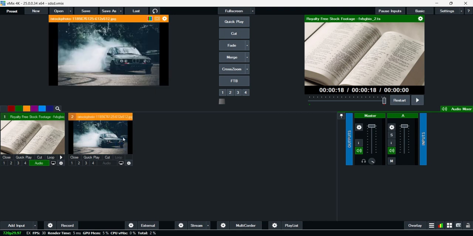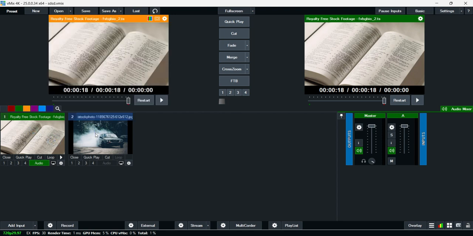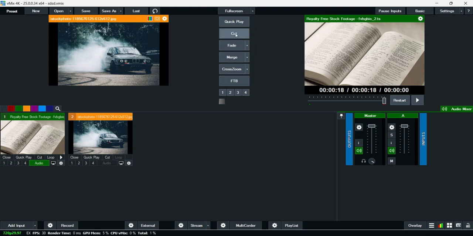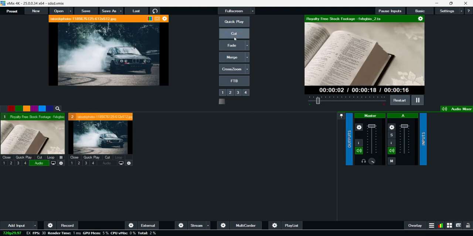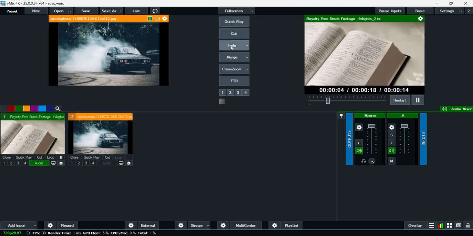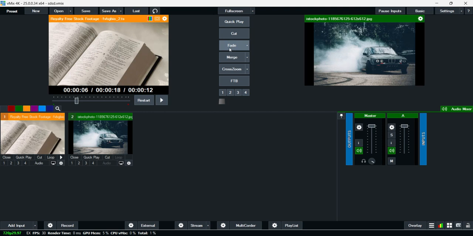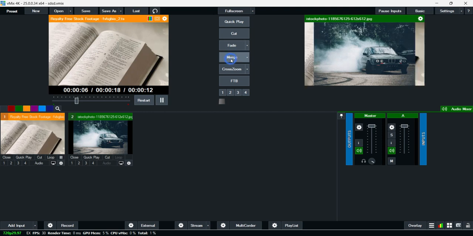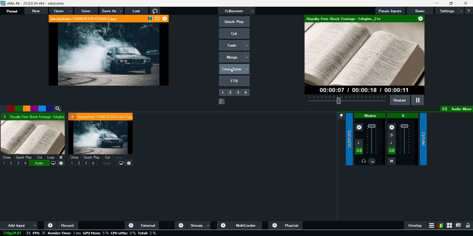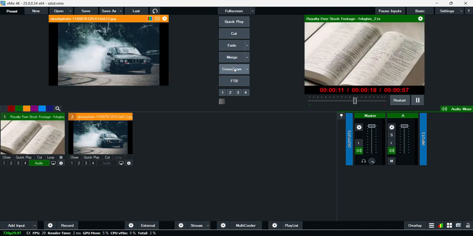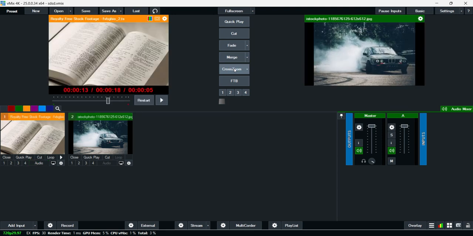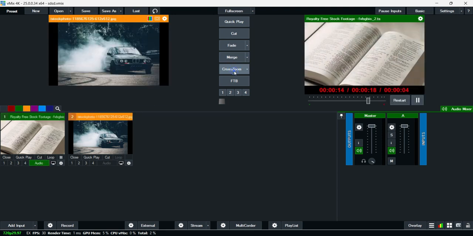For example, you see, this is a preview, and once I click it, it automatically previews it. This is a preview, and this is a preview. And when I click on cut, you see, it automatically cuts it. And these are transition buttons you have here. When I click on fade, you see the way it fades in. And when I click on merge, it merges the video and the images together. When I click on cross zoom, you see how it cross zooms in,